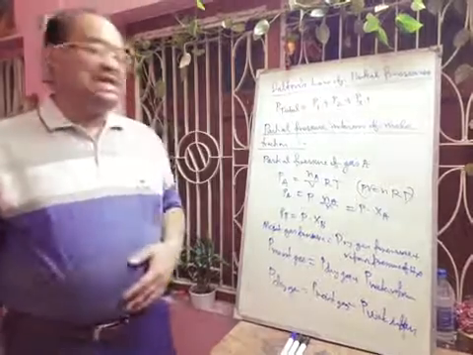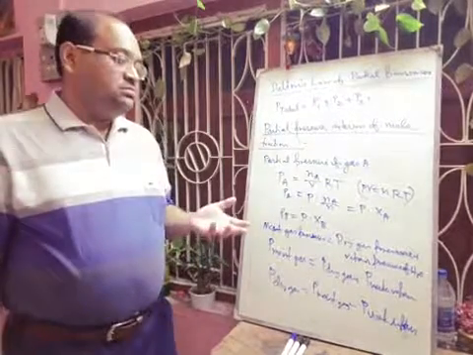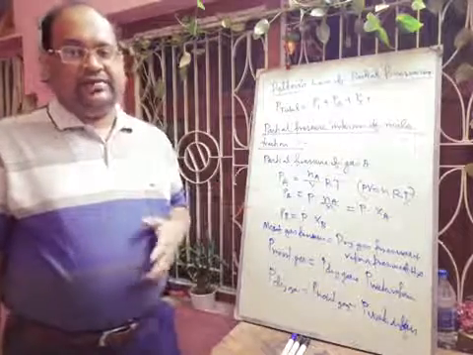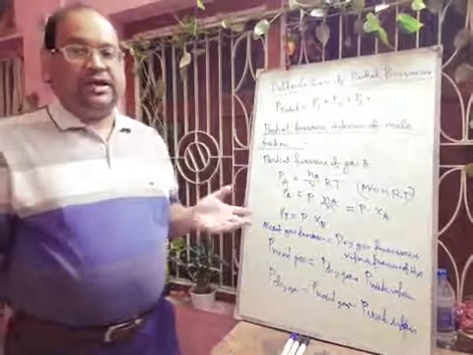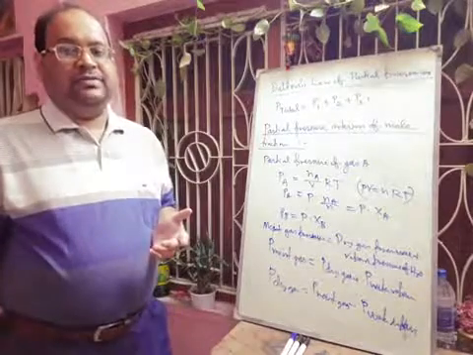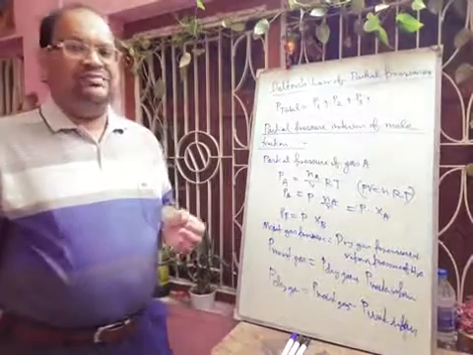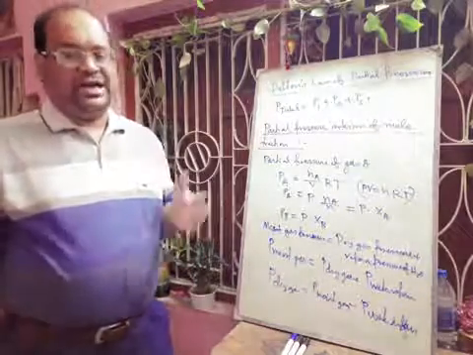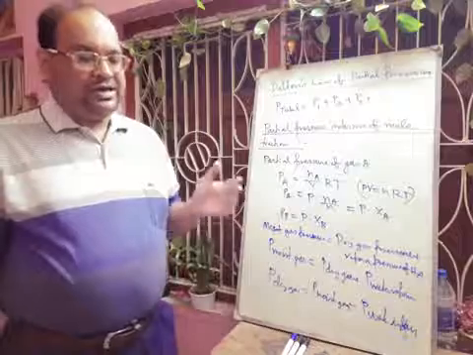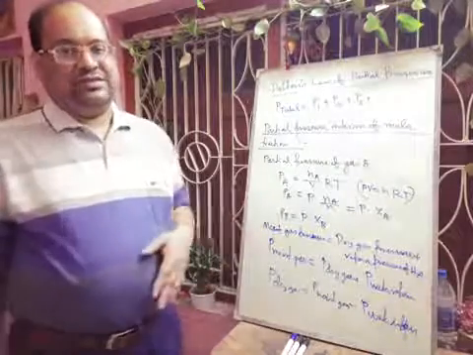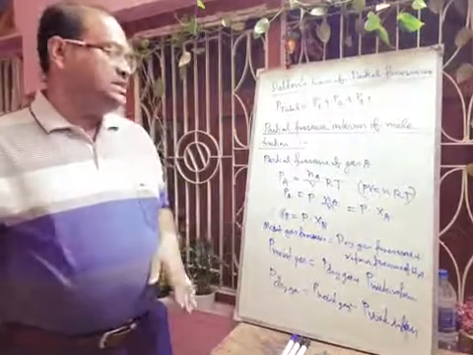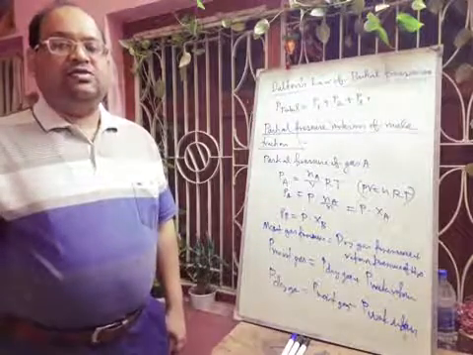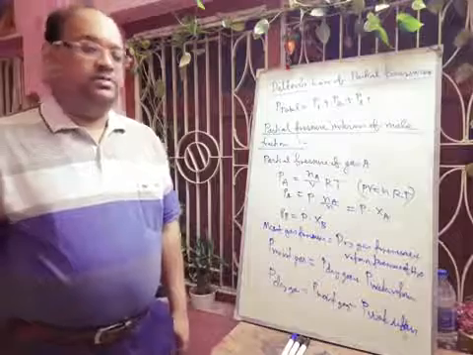But if the gas is collected over mercury, then it is not necessary to make any correction for the vapor pressure of mercury. Actually, there may be very little mercury vapor at ordinary temperature, but that pressure is negligible. We are taking it as negligible. Hope you can understand. These are the applications of Dalton's law of partial pressure. Next we will go to Graham's law of diffusion.